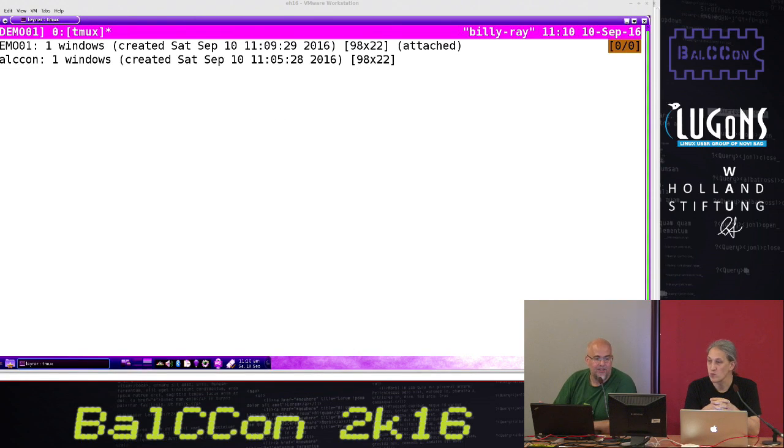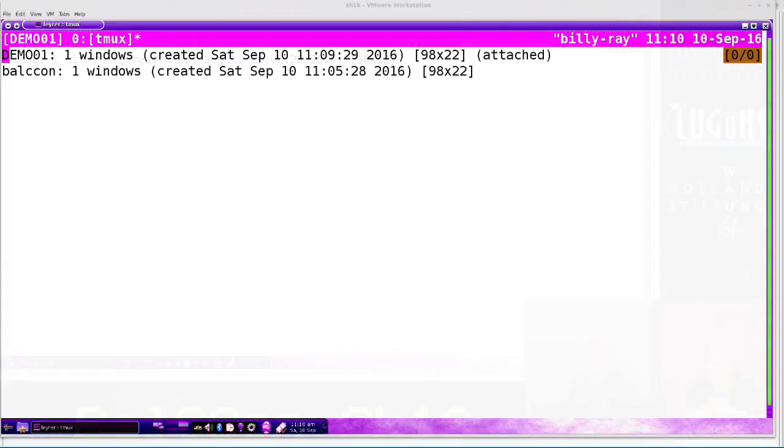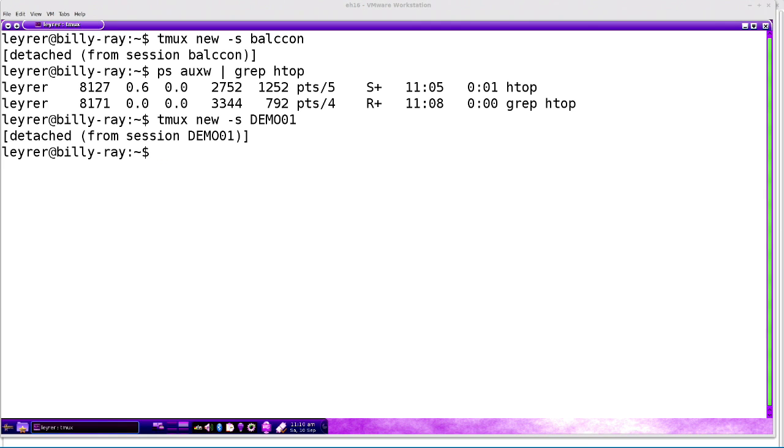The nice thing about this one is now I can move around with the cursor. If you take a look in the upper left corner, I can move around the cursor. Okay, I can detach from the session as well